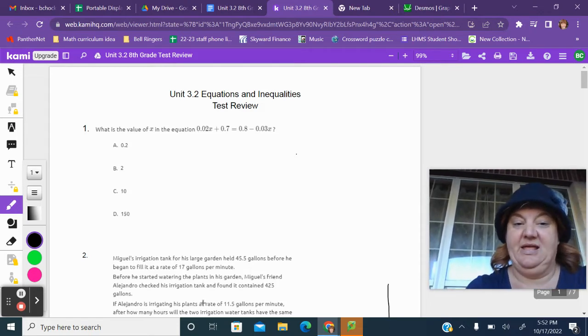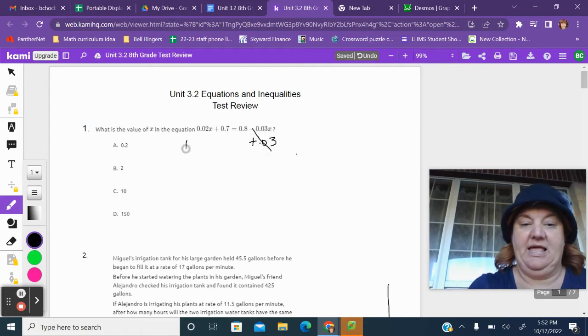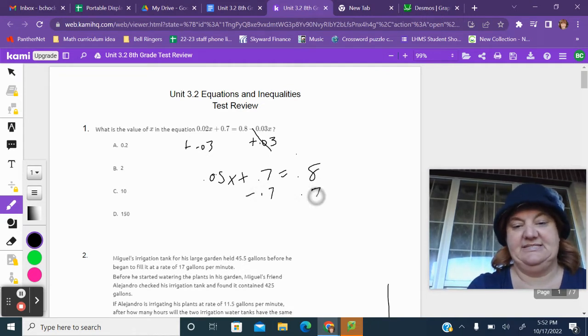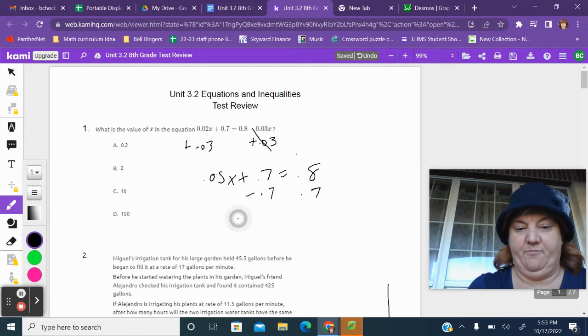Okay, so the first one, we want to get x alone. So we're going to put the variables on one side. So I'm going to plus 0.03, plus 0.03. Then I get 0.05x plus 0.7 equals 0.8. Minus 0.7, minus 0.7. And then I have